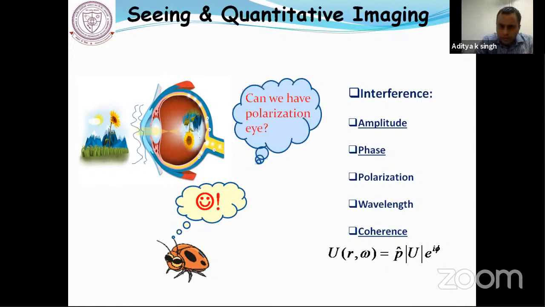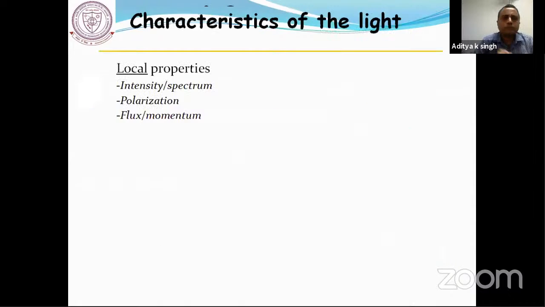So I will consider here mainly the interference, amplitude, and phase, because interference is influenced by the structured light, which we design by manipulating or tailoring the amplitude and phase information of the light, particularly in the coherence domain. But in the generic domain, we can also play with the coherence of the light. There are many ways to do that, but in this particular talk, I will concentrate only on the amplitude and phase.